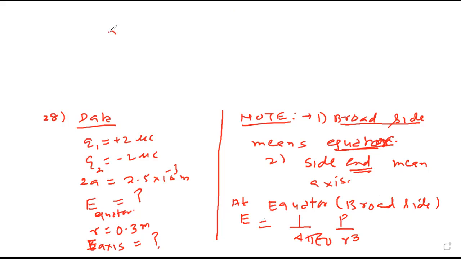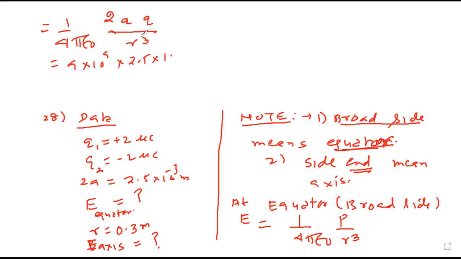So this is 1 upon 4 pi epsilon naught 2A Q upon R cube. 9 into 10 raised to 9, 2.5 into 10 raised to minus 3, charge is 2 microcoulomb, that is minus 6, R is 0.3 raised to 3, equals to